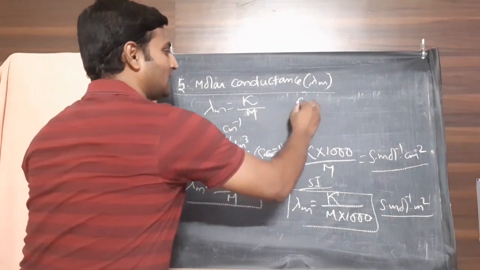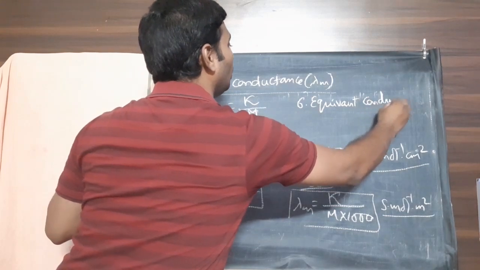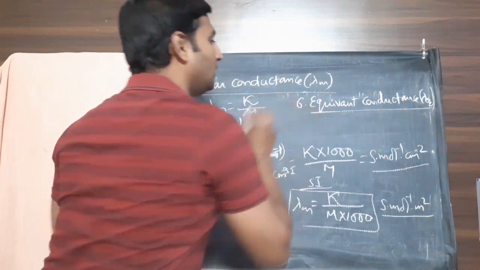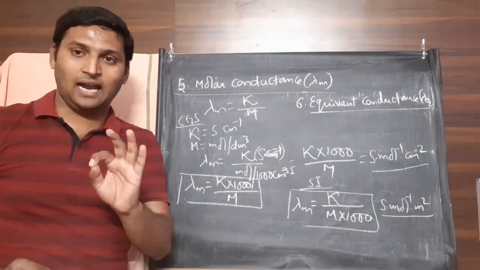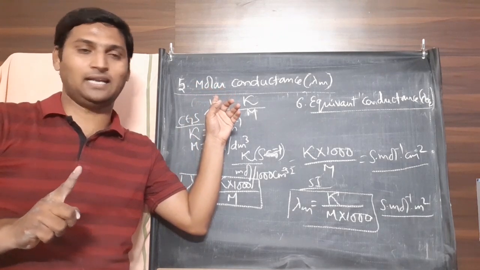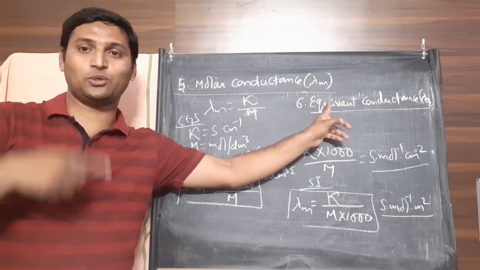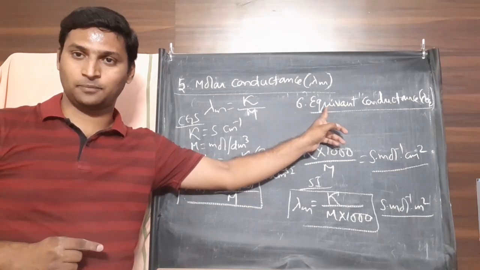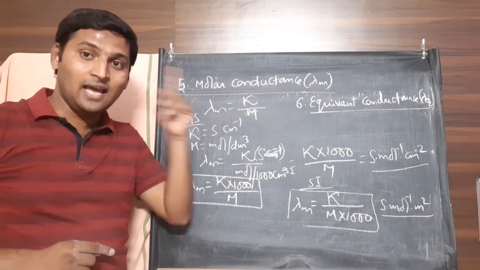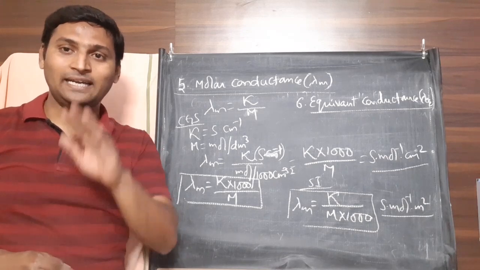Now you have got another property called equivalent conductance, on which I am not spending much time. Lambda equivalent they call it. If molar conductance is the conductance of 1 mole of electrolyte, equivalent conductance is the conductance of 1 equivalent of electrolyte, which you have already learnt in the first chapter of first year. Now, number of moles per liter is expressed as molarity. Number of equivalents per liter is expressed as, I know you remember, normality.